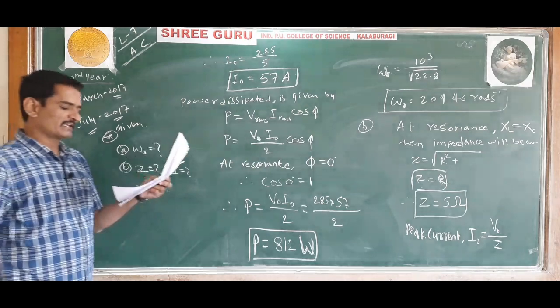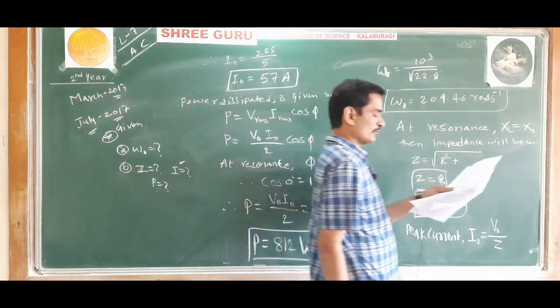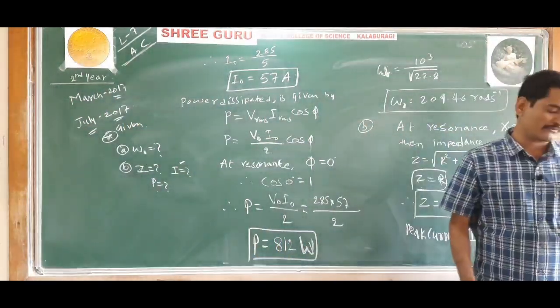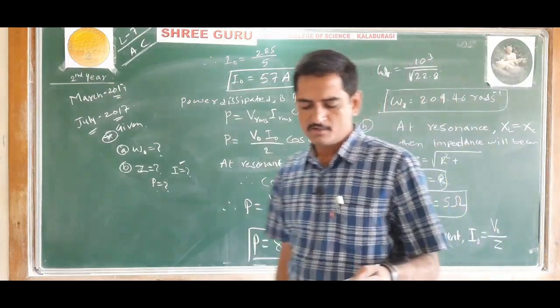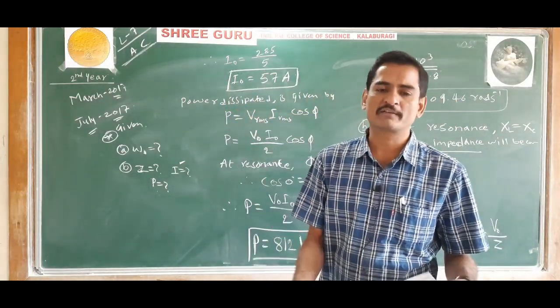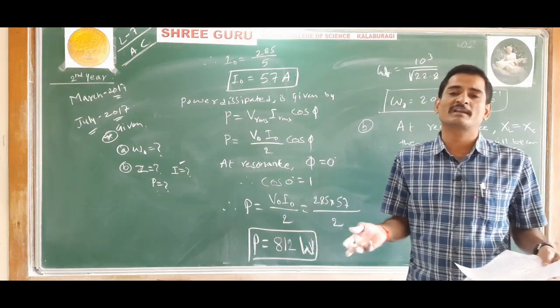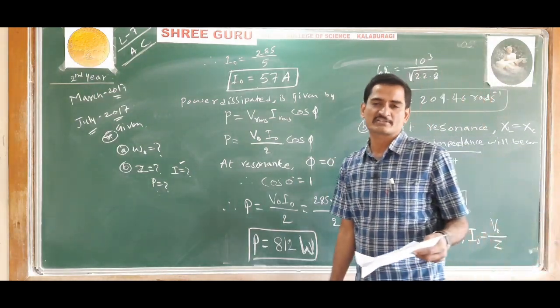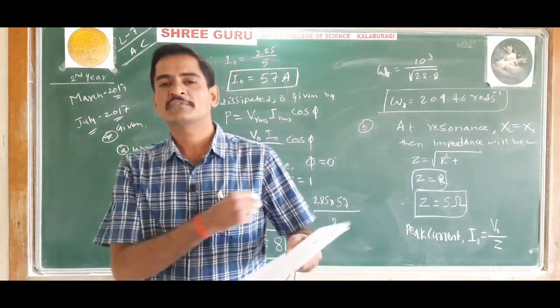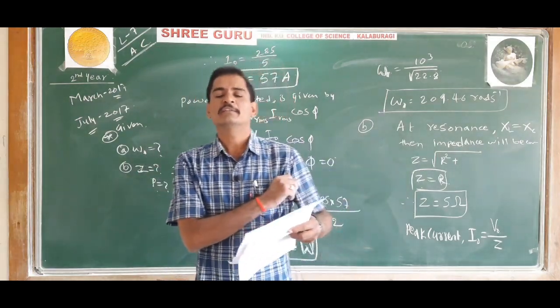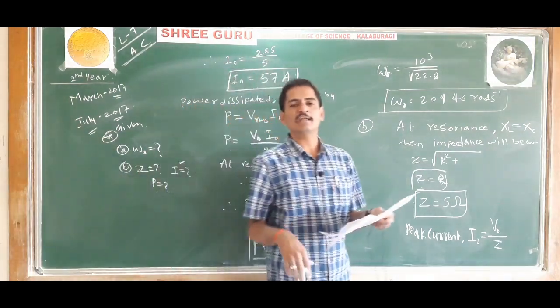March 2018 homework. You only have to do. This is only for 1 mark. A 5 marks numerical was not there in March 2018. In March 2018 they have asked a numerical on electromagnetic induction, not on AC. If they ask a numerical on EMI, then they will not ask a numerical on AC.